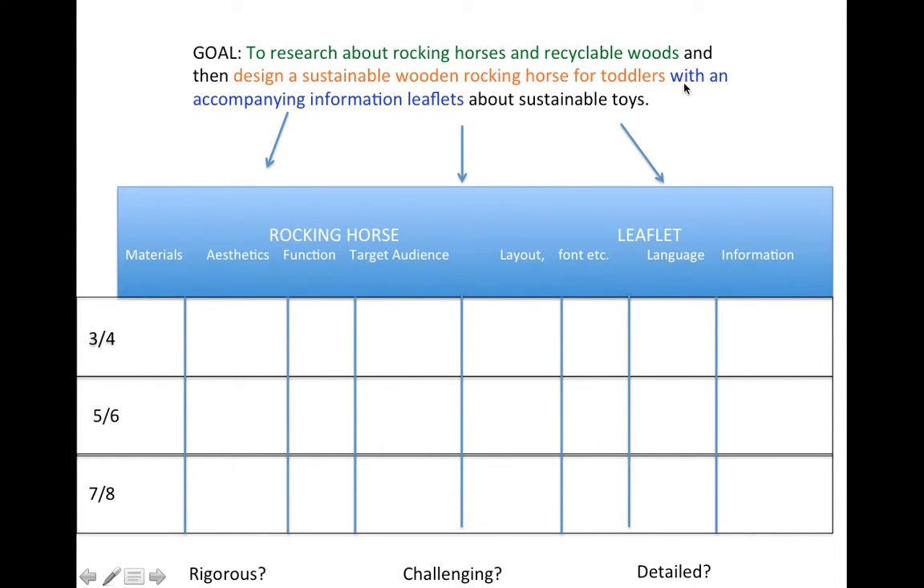The second part of my goal says applying information leaflets about sustainable toys. So I'm going to have a second part to my criteria, which is going to talk about layout and font in my leaflet, what language I'm going to be using, and the information from my research about sustainability that's going to go into there. This will be highly detailed, subject-specific vocabulary linked to sustainability about how recycled or sustainable toys are benefiting our future. So really pay attention to whether your criteria link to the specifics of your